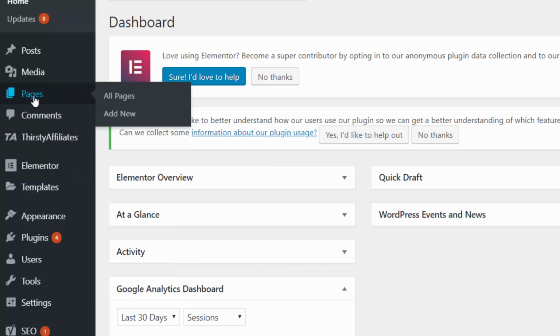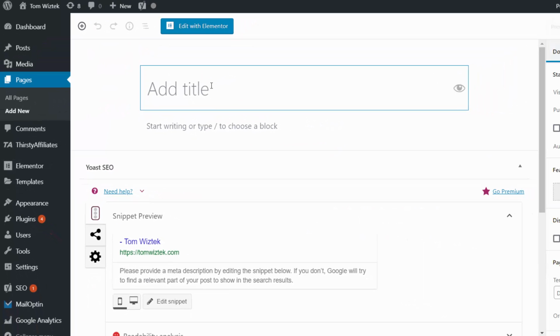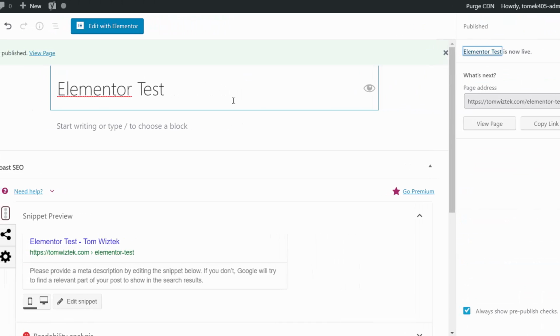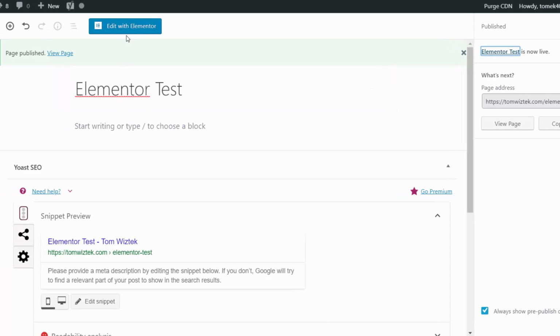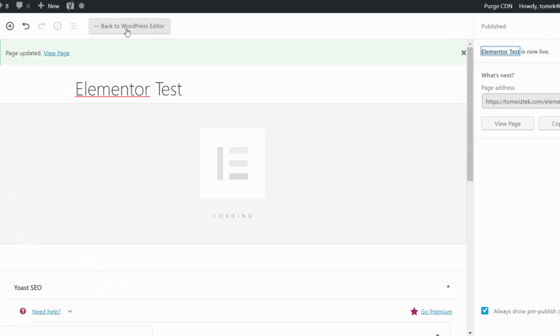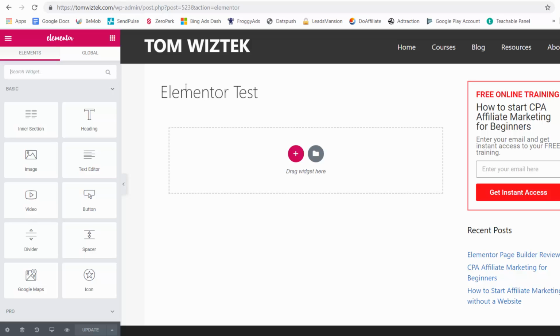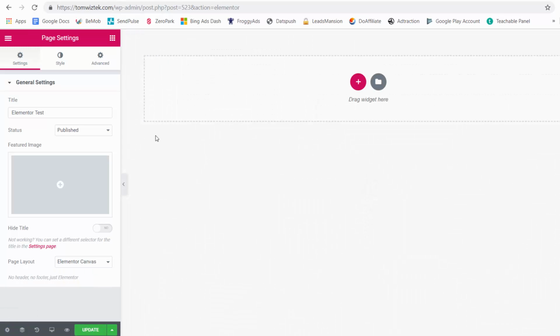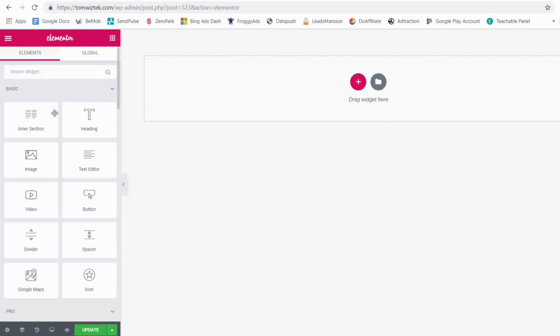So all you have to do is go to Pages, Add New, add a title to your page, click on Publish, and publish again. And then once your page is published, click on Edit with Elementor. And in the Elementor panel, I am going to set it to start with a blank canvas. And then over here, we click on it and we can select different elements that we can click and drag